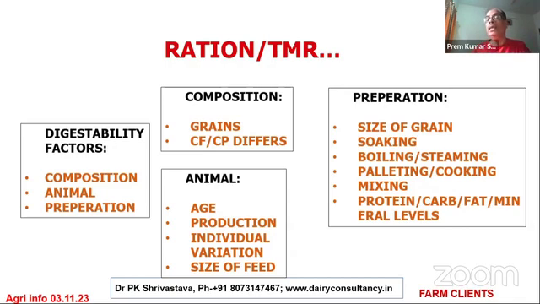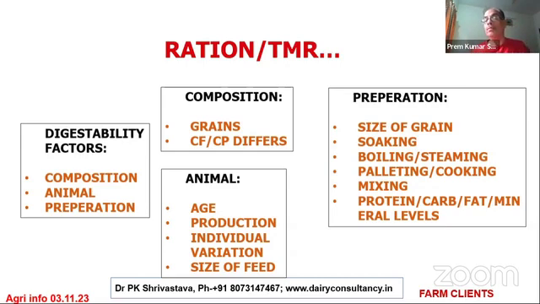If pelleting is done, it's easier to chew. Like we eat a lot of savory snacks, and if it is a bigger piece of savory, we enjoy chewing, right? Similarly, cows also enjoy pellets. Mash generally disturbs the cow, but pellets generally they enjoy. Then the mixing: suppose we have not mixed the feed properly, some animals will get some nutrients and some animals will get others. So digestibility will differ animal to animal, process to process, material to material.